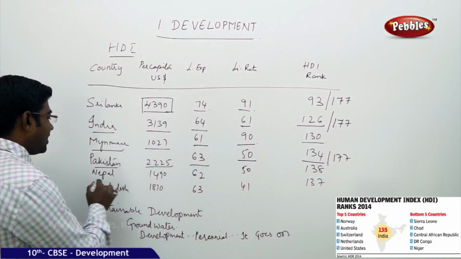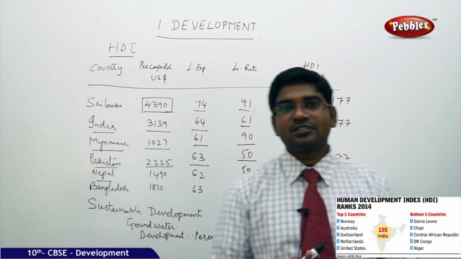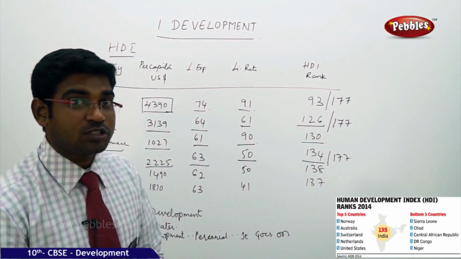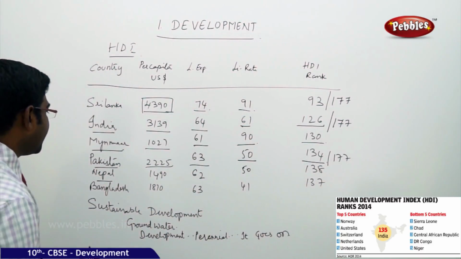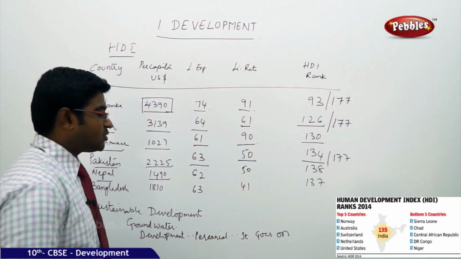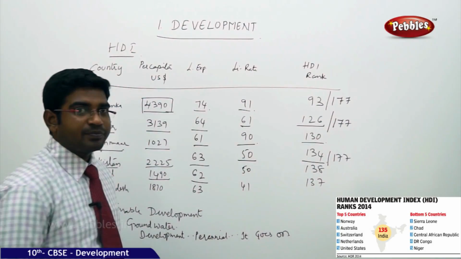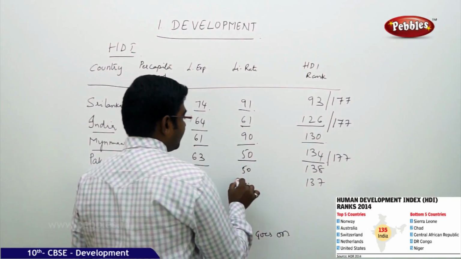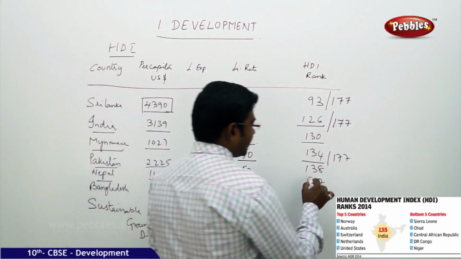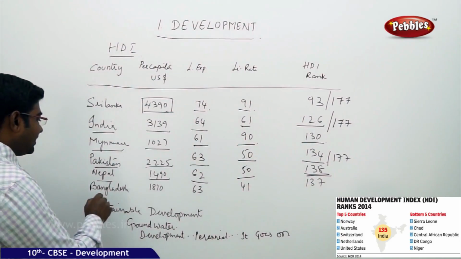Well, Nepal recently got democratic restoration. Recently they established parliamentary supremacy and the monarchy was changed into a constitutional monarchy. So let us see here, the income is 1,490 US dollars per capita. 62 is the life expectancy. The literacy rate is 50%. Well, the ranking is 138. And moving on to last but not the least, Bangladesh.